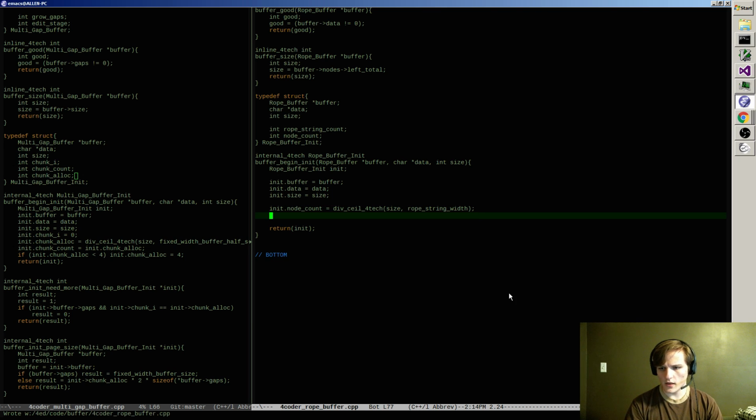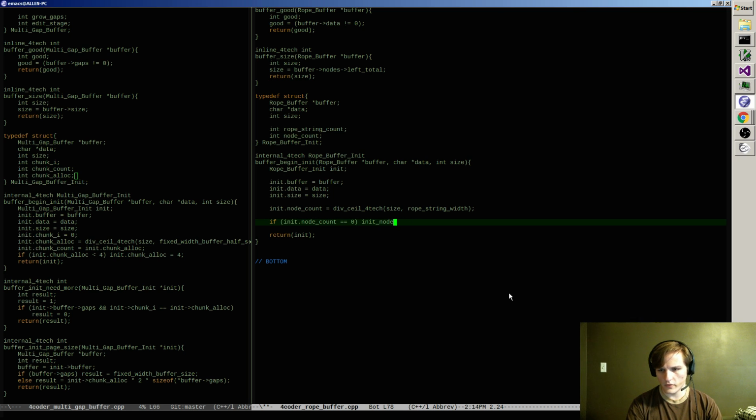So that gives me how many nodes that I need at minimum to store all of the string that I'm being passed. And then what I'll do is if init node count equals 0, init node count, whoops,